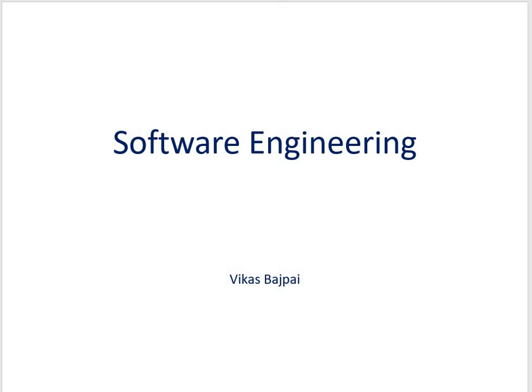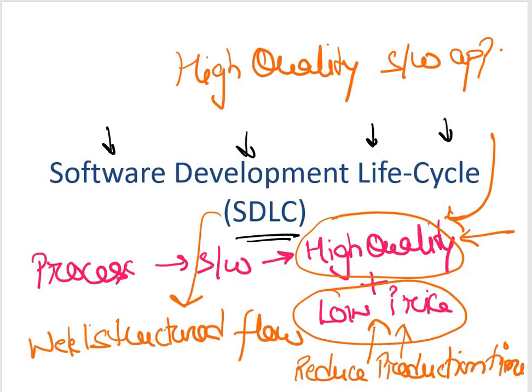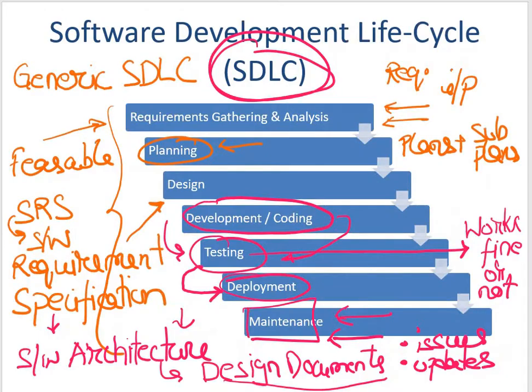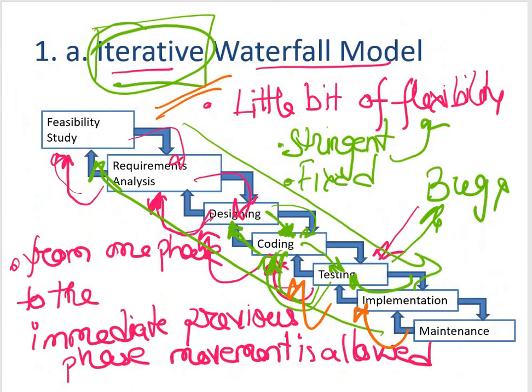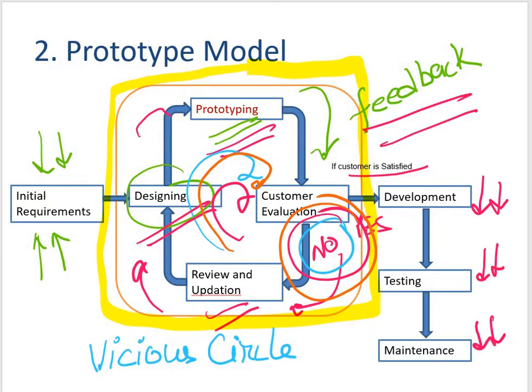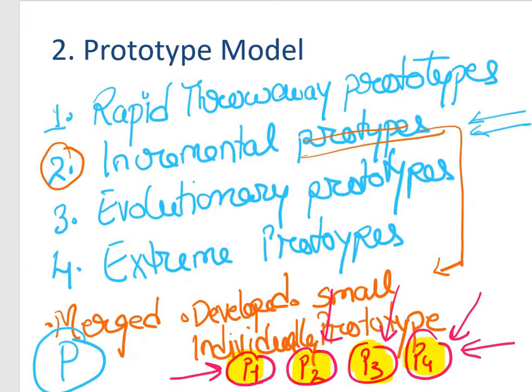So welcome back to yet another video on software engineering. In our previous discussions, we were talking about the software development life cycle, and then we looked into the waterfall model, and then the iterative waterfall model, which was a slight modification. Then we talked about the prototype model and some of its variants also, and then we talked about the rapid